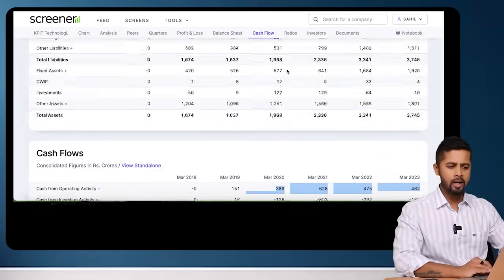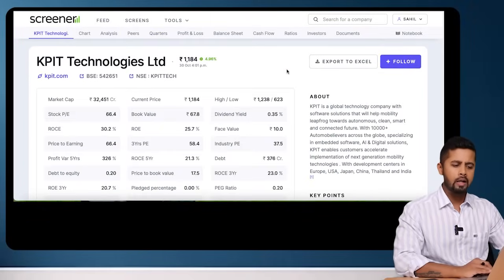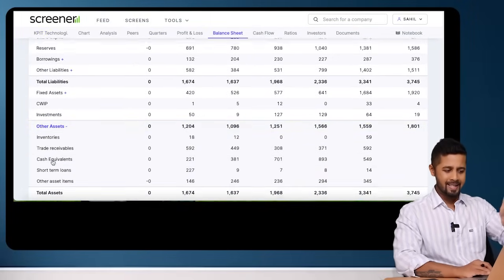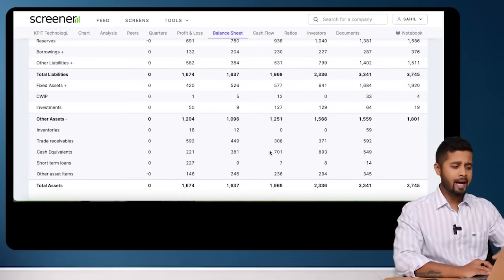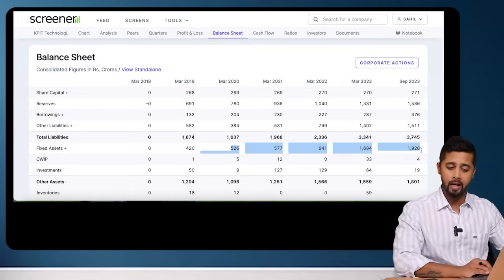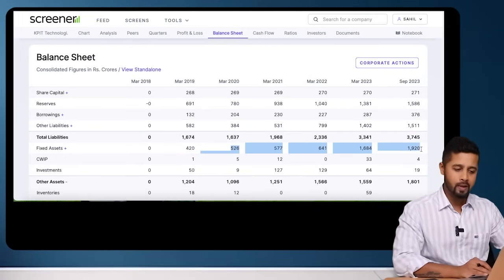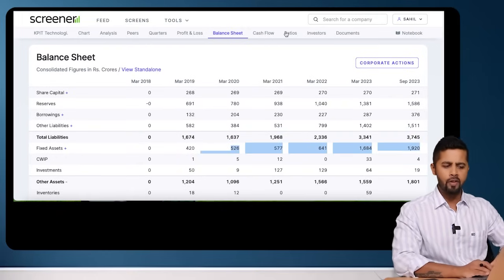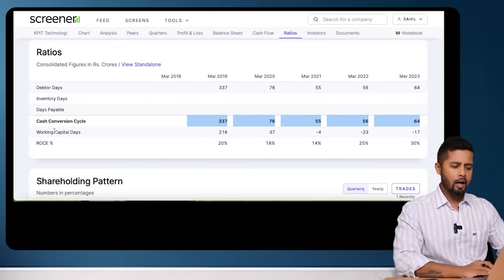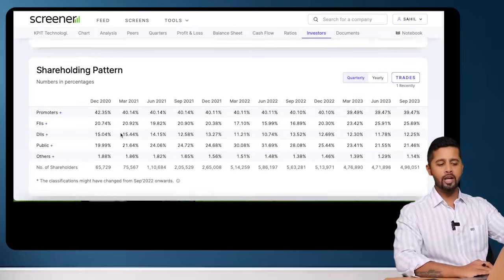So these are some of the important parameters that I look for. Apart from this, you can look at the balance sheet to understand the assets in terms of cash and cash equivalent. Apart from this, you can look at the fixed assets. So fixed asset growth is again very important, which means companies investing in assets. So these are some of the important things. Apart from this, you can look at the cash conversion cycles, working capital days, and of course the shareholding pattern